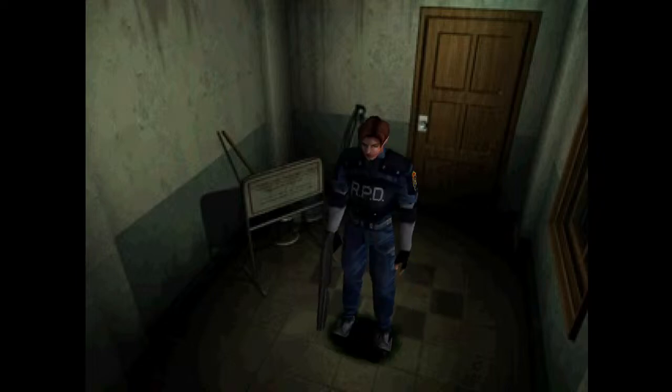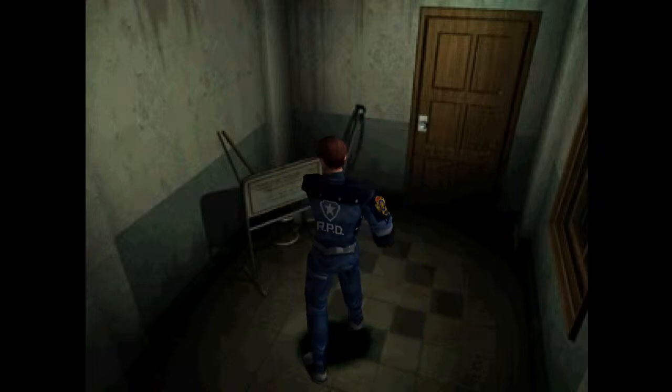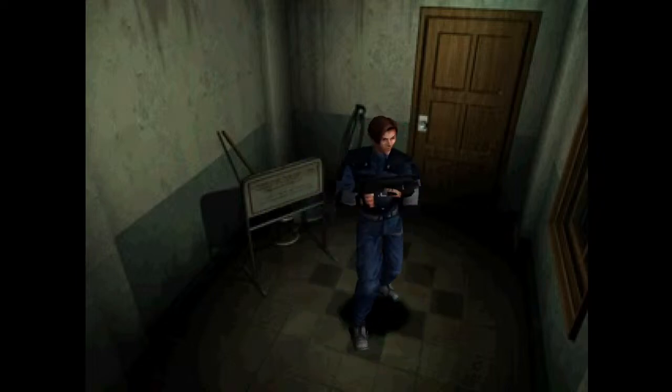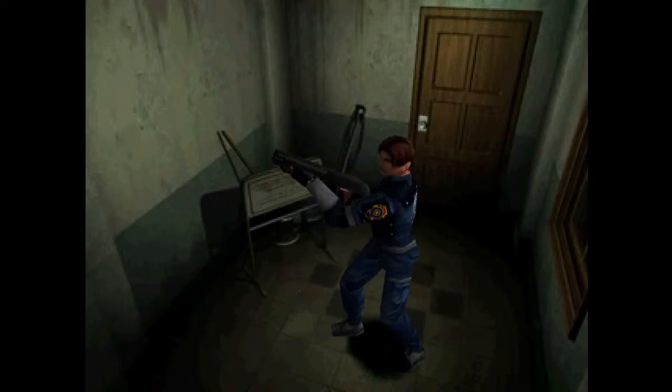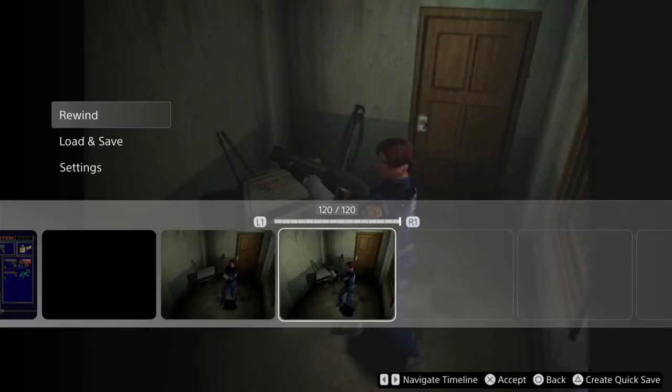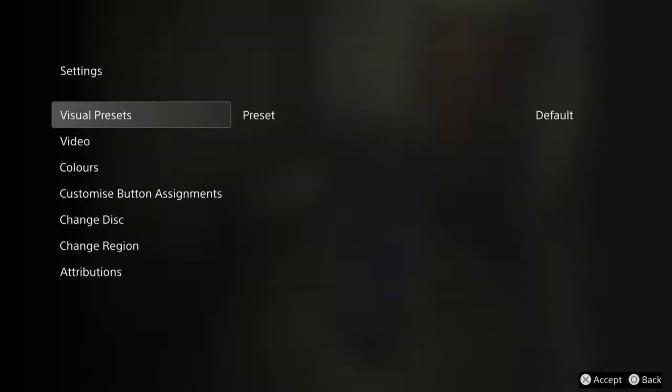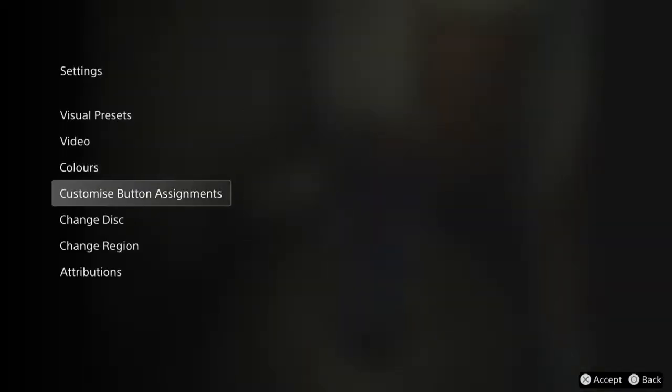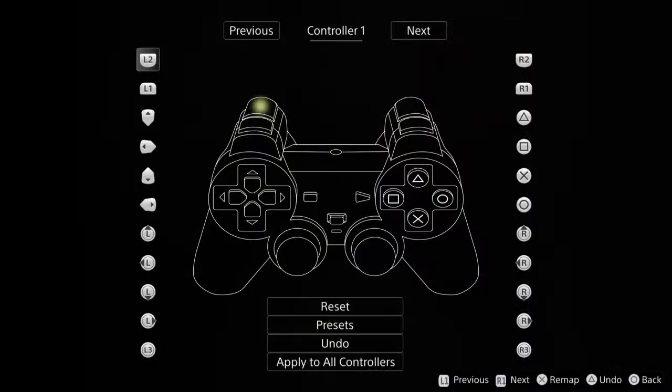cautious. I was going to say, is there any way I can change my controls so I can use the triggers to aim instead of the bumpers? I mean, I'm not complaining, but if it's possible, I think you can switch controls on the PlayStation, can't you? Or you got customized button assignments. Let's see. So L1, we can swap them around, can we? So L1 could become